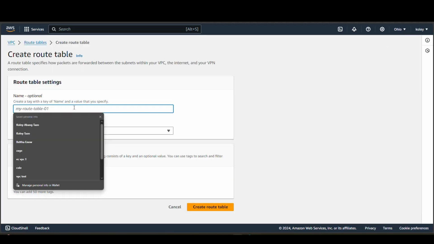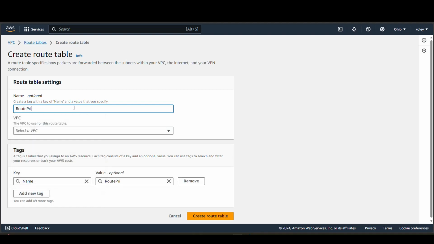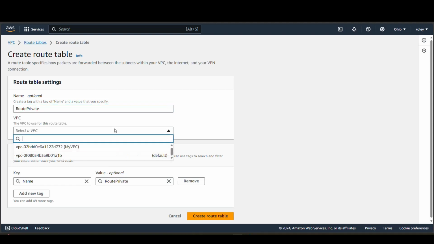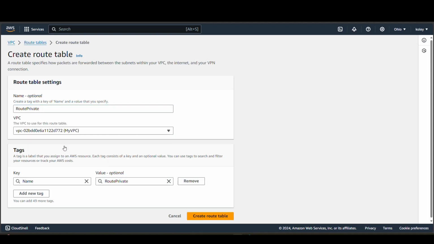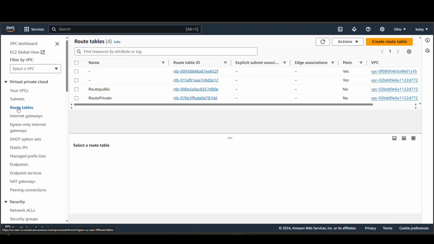So let's name it route private, and we want to select our VPC that we created. Then click on create route table. All right, guys, if you want to verify, you can see that we've created two route tables successfully, route public